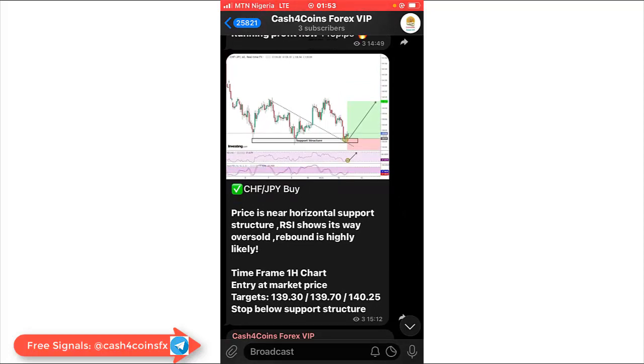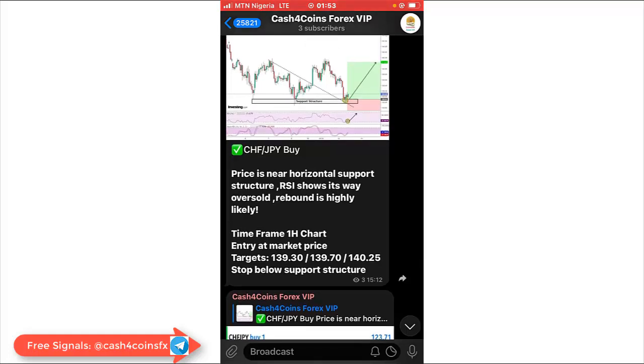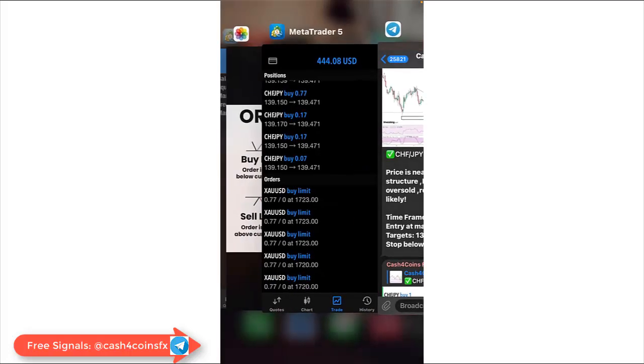It says: CHFJPY buy. The price is near horizontal support structure. RSI shows oversold. Rebound is highly likely. Time frame is 1 hour chart. Entry at market price. Entry price is what? At market price. So we go to